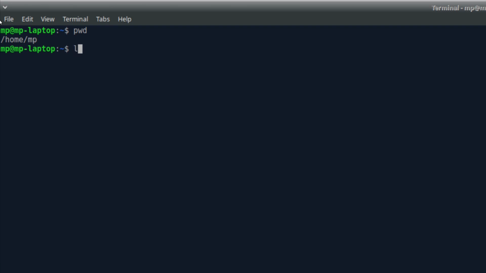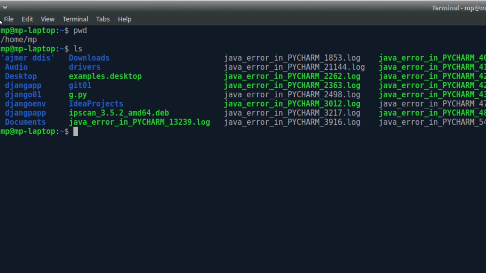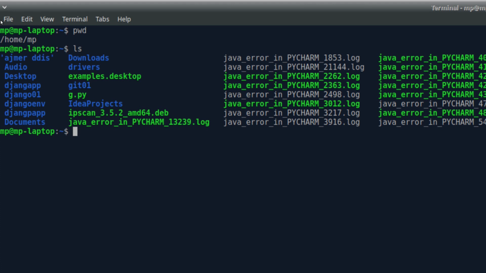Suppose I write ls, so these are the files in my current directory which is in home. So this is also a very useful command to know what kind of files and how many files are there in my current directory. The third command which you will see is the cd command, which basically refers to change directory. This cd command will allow you to go inside another directory or come out of the directory. So we'll see how to use that.